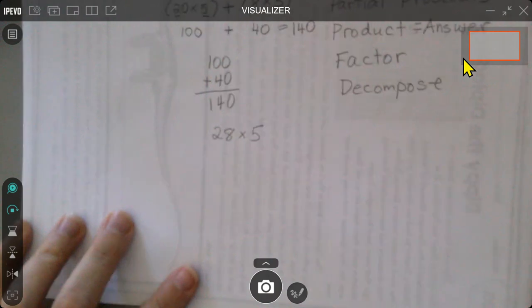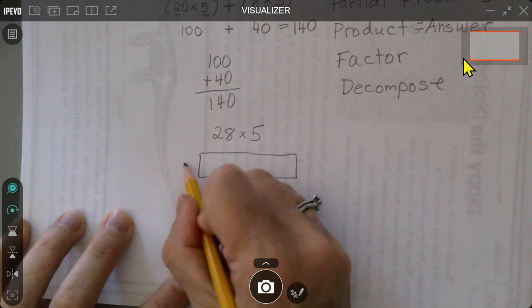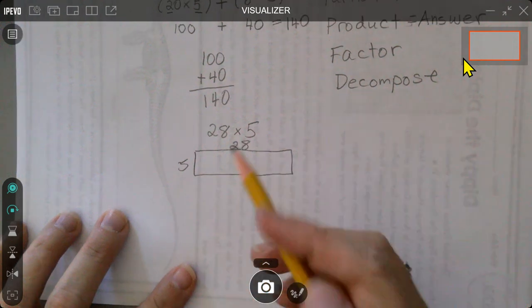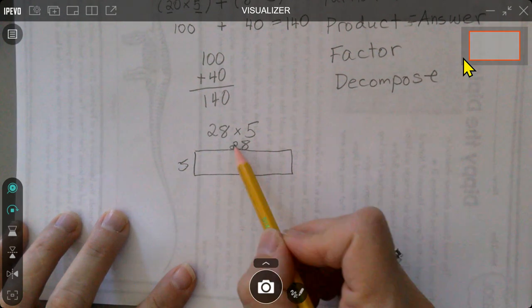Now, if we were doing a rectangle, and it was 5 width and 28 for the length, we would just multiply 5 times 28. But again, we're trying to make it easier for our students. So instead of 28 for our length,